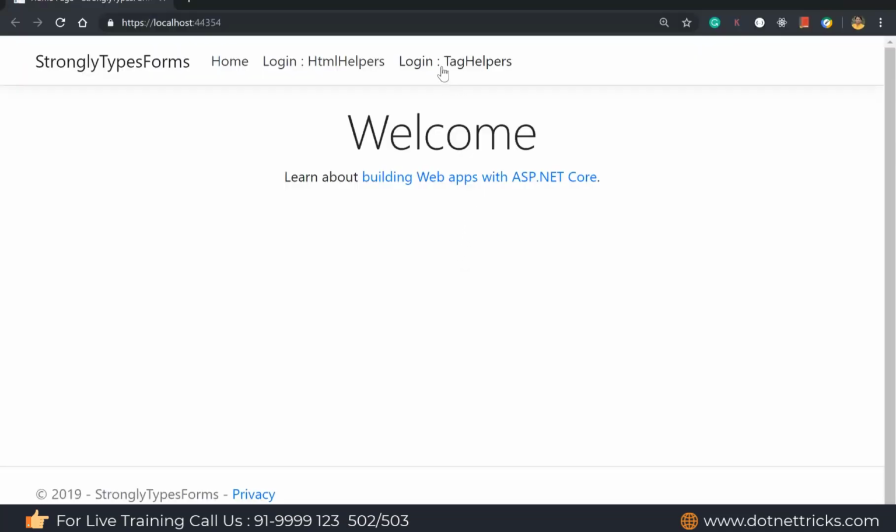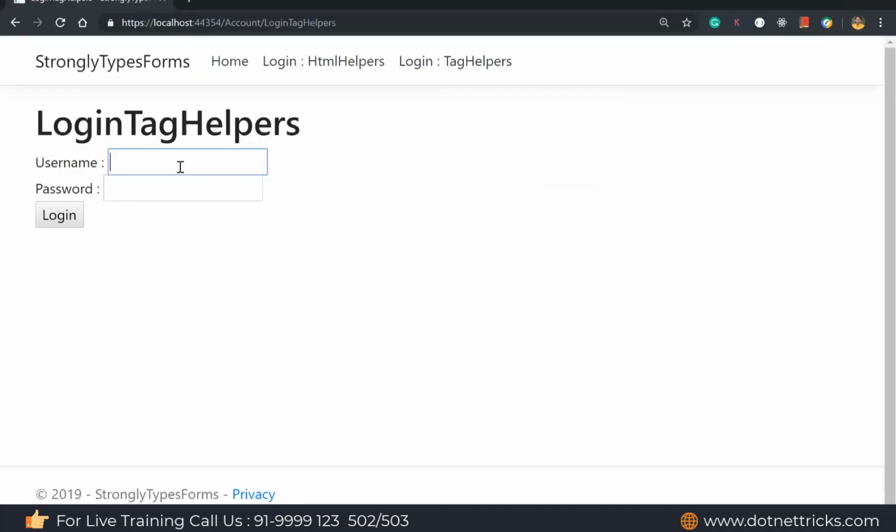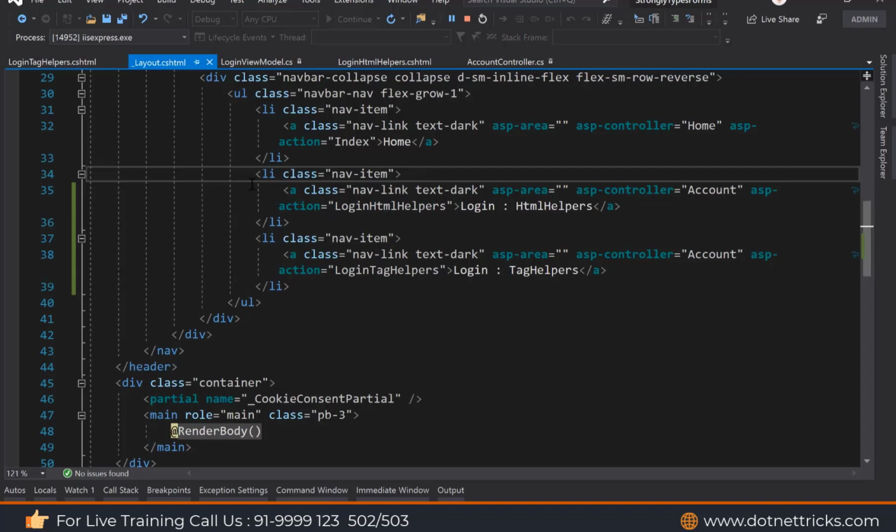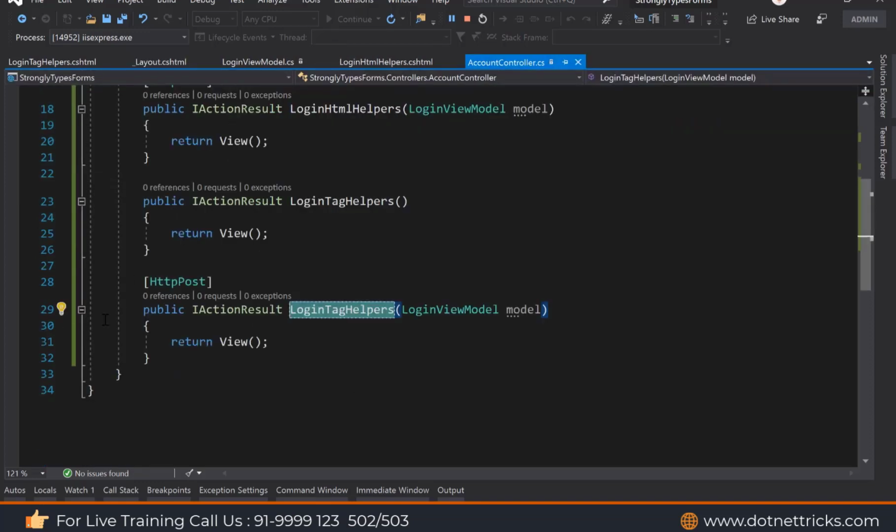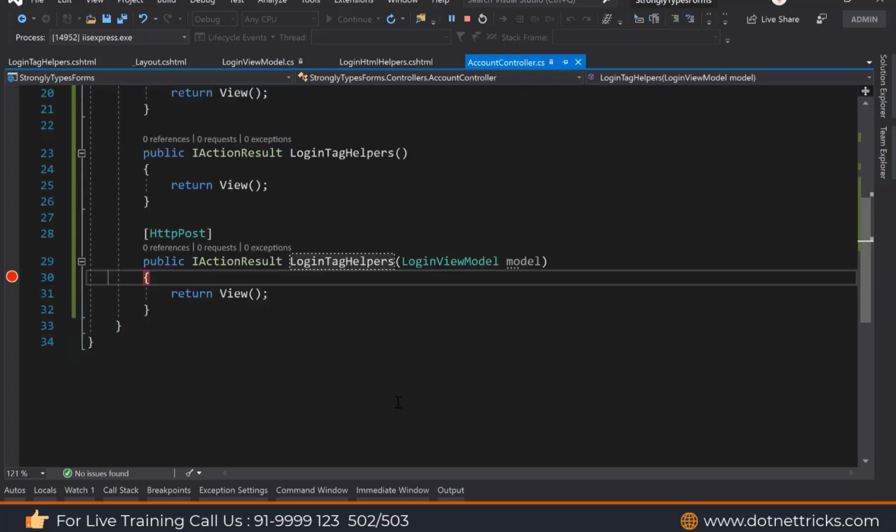Go to the login tag helpers page, and you can see again it's creating the text box for username and password. Let's say I enter the username as Shailendra and the password as 1234. For receiving the value on the server side, let's put a breakpoint here in the login tag helper.